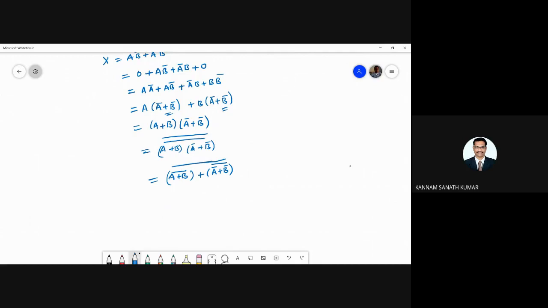So here I have written complement of complement, that is equal to what? True form. So I wrote the true form in terms of complement form, and wherever this complement is there, I applied De Morgan's law. So what is my De Morgan's law? AB bar equal to what? A bar plus B bar. So this complement is applicable to these two terms, and will be converted into OR. Now I'm using this expression, and I'm realizing it by using the NOR gate.